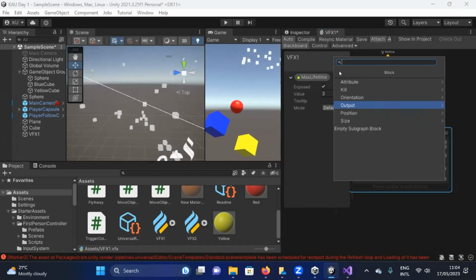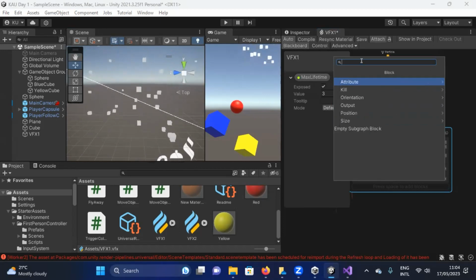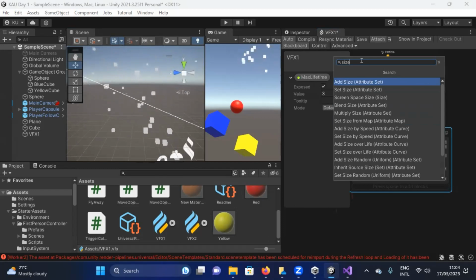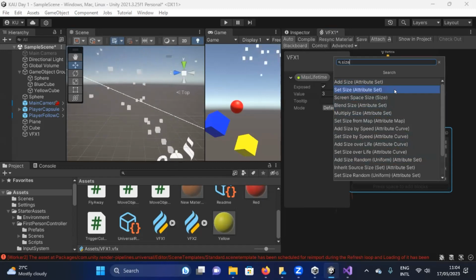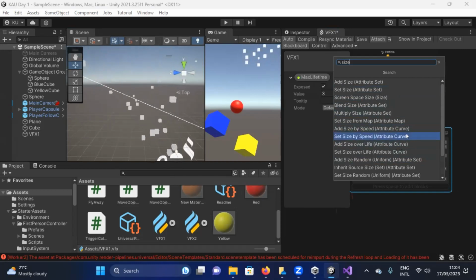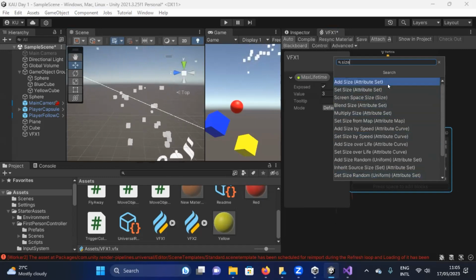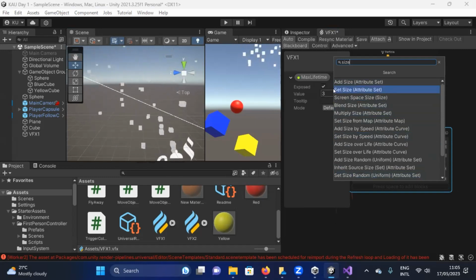Output. No, it's under attributes. So as you see, I cannot find it because I don't remember where it is. I wanted to change the size. That's the only thing I remember. So I can use the search bar and put size, and it gives me some options how to set size. I can set size by speed, or over life. That's what we've seen previously. I can set a random size. I can also just set a specific size using this set size